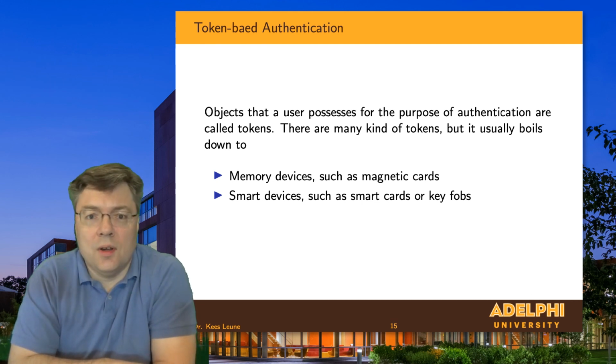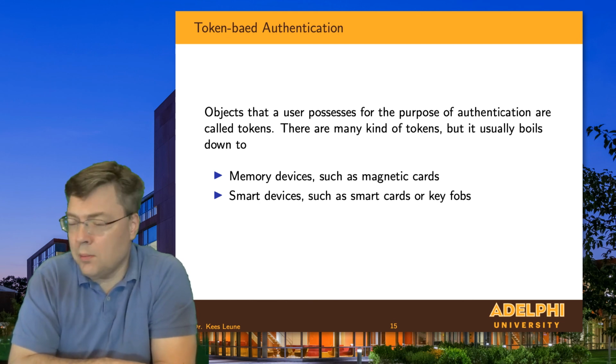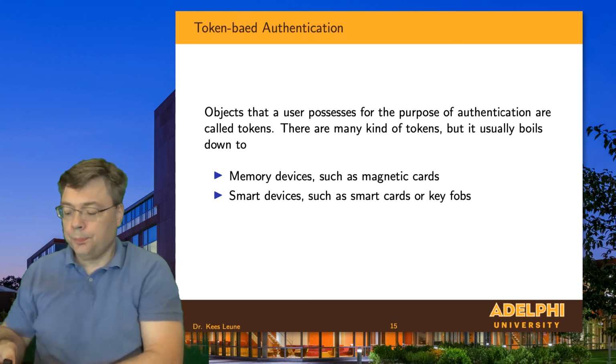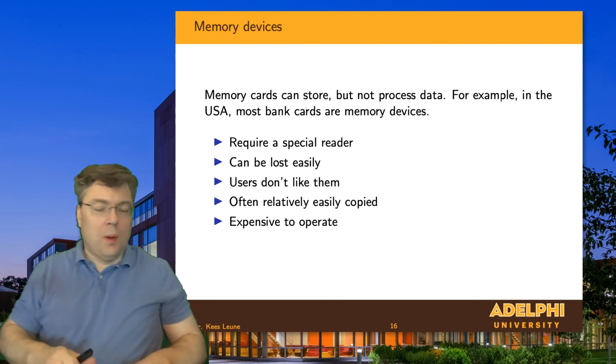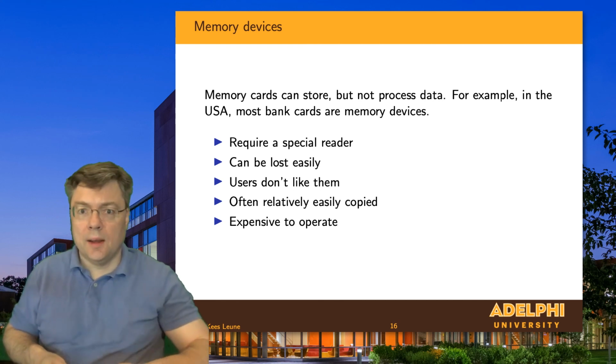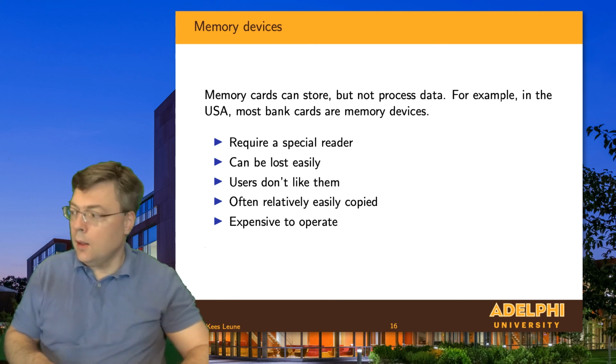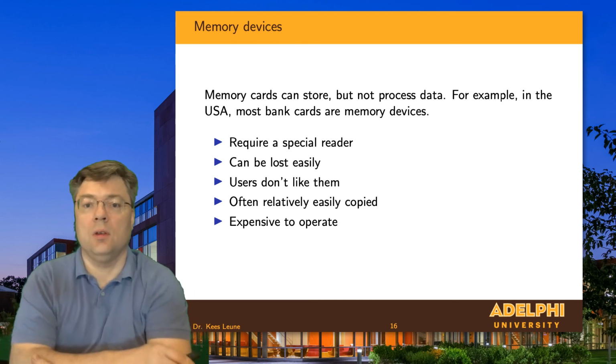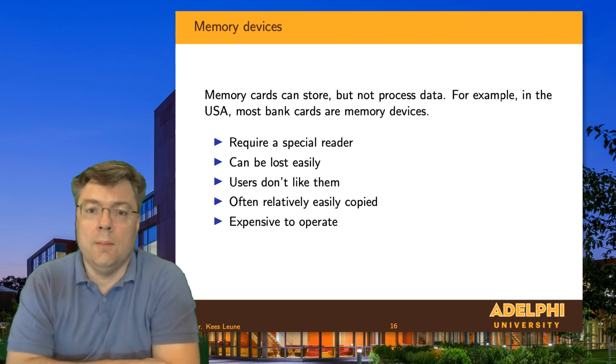A memory-based device is something that stores static information. You can think of it as a passport or a driver's license. You can't really interact with it, but you can show it to someone. Smart devices are devices that have some form of logic built into them and that we can interact with. So memory cards can store, but they cannot process data. For example, most bank cards in the United States are memory devices, although it is rapidly changing, where bank and credit cards have